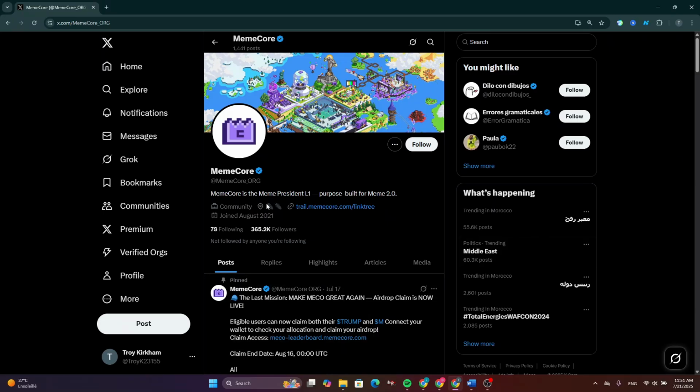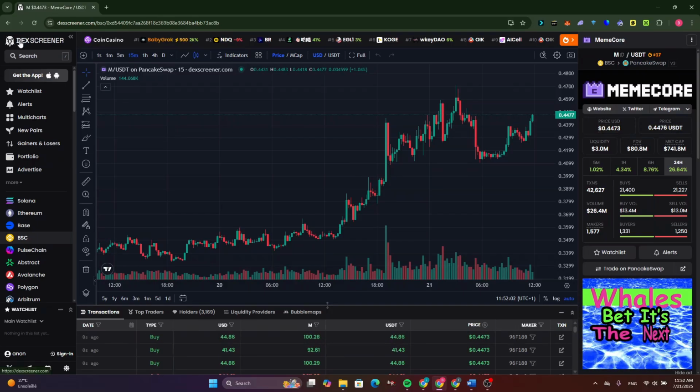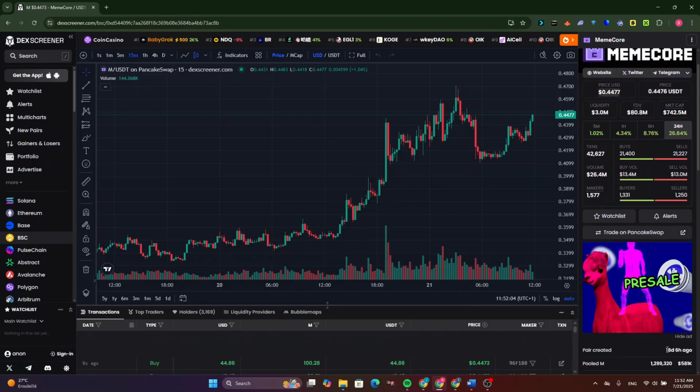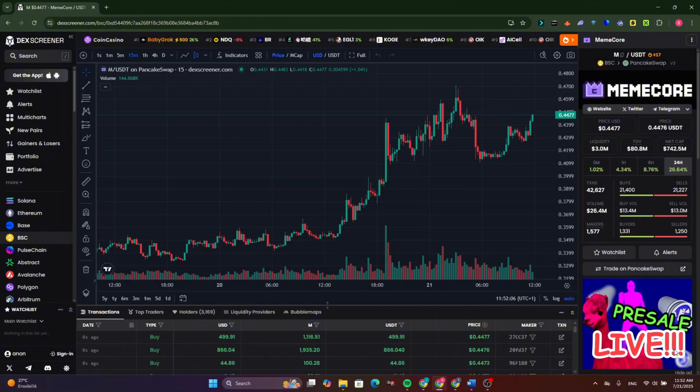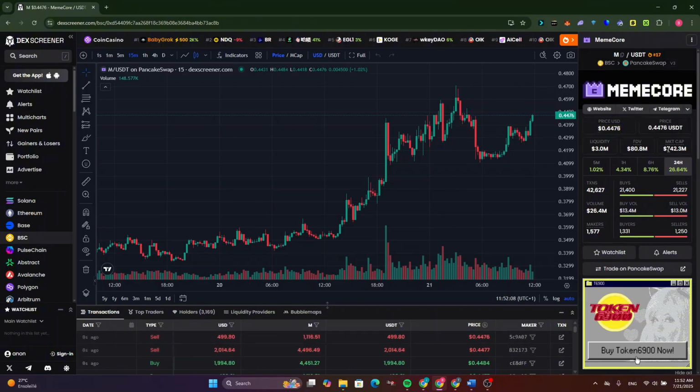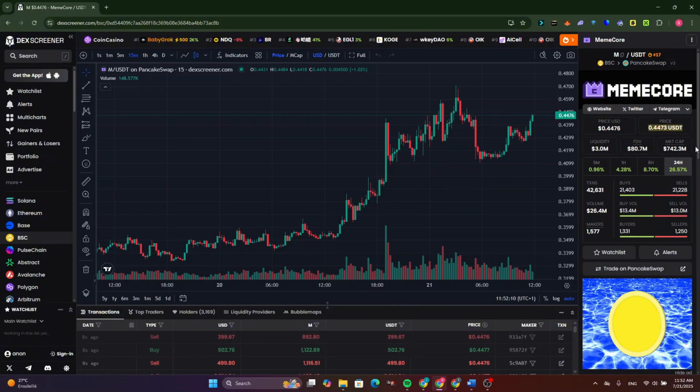Now before going on to buy this token, make sure to check the MEXC account and keep following the updates about this token. And as you can see, this token is available on the explorer. It was created 18 days ago, and as you can see, the market cap is $742.3 million. Now to be able to buy this token, as you can see, click here to copy the token address,